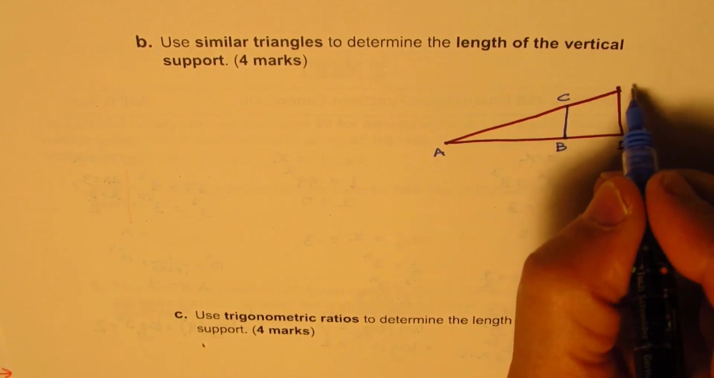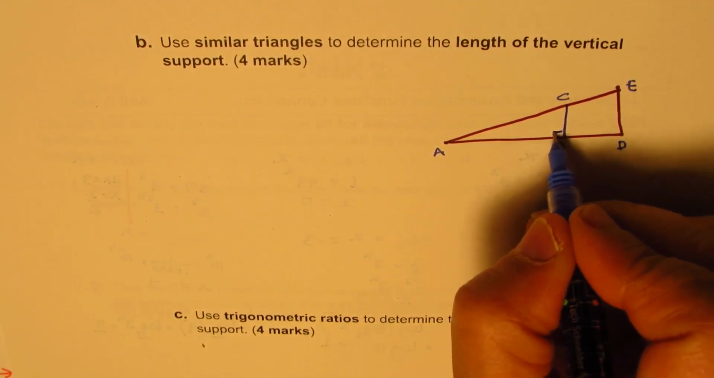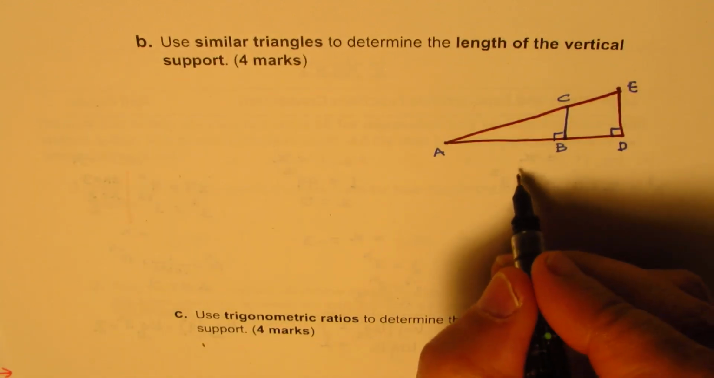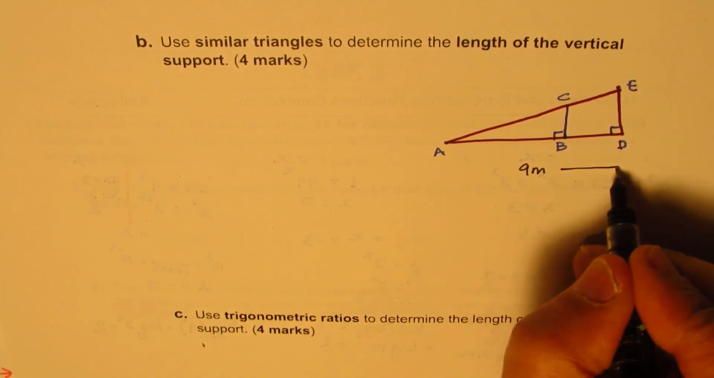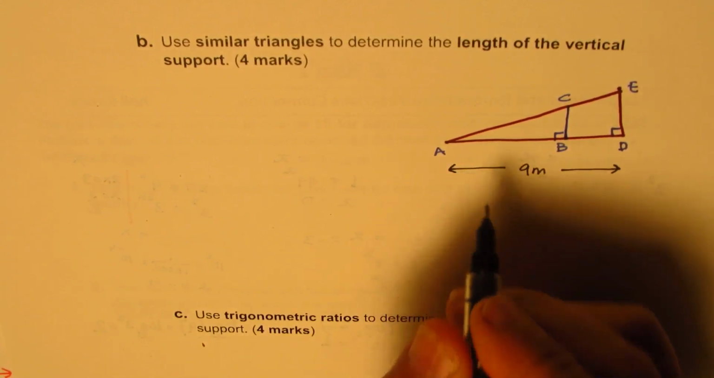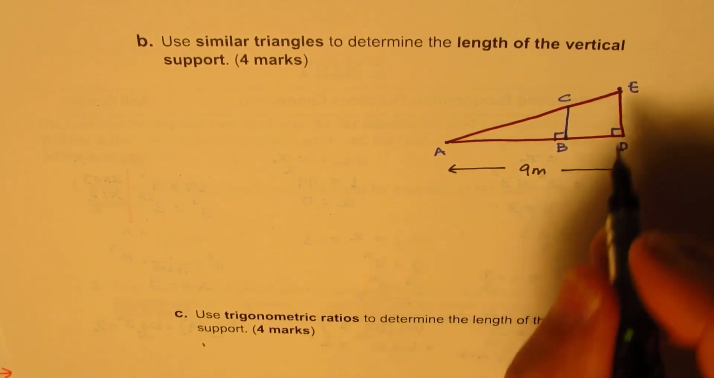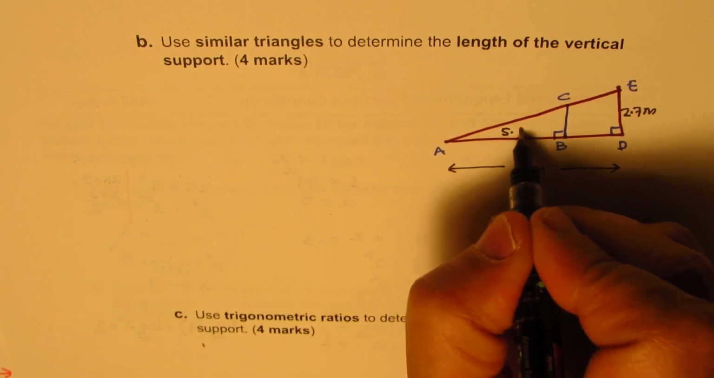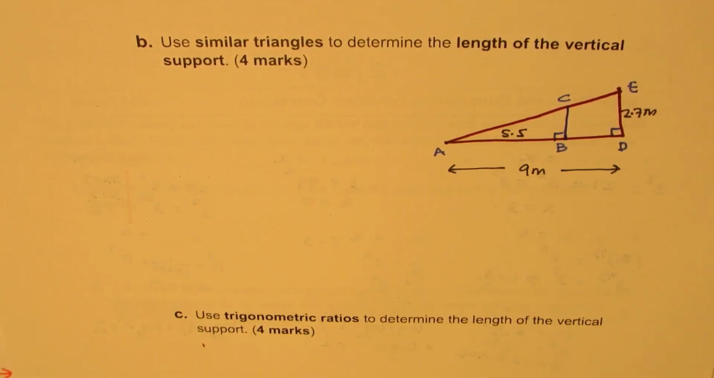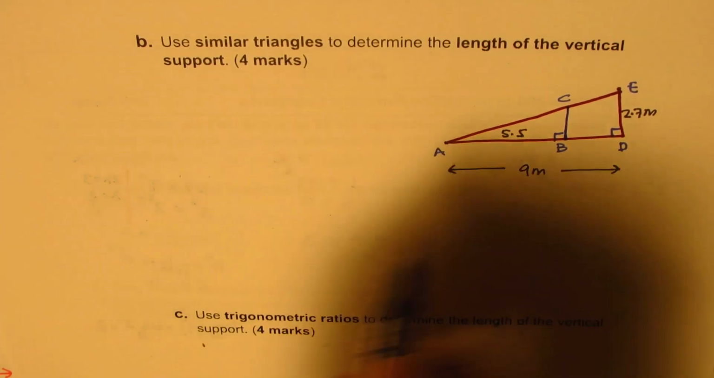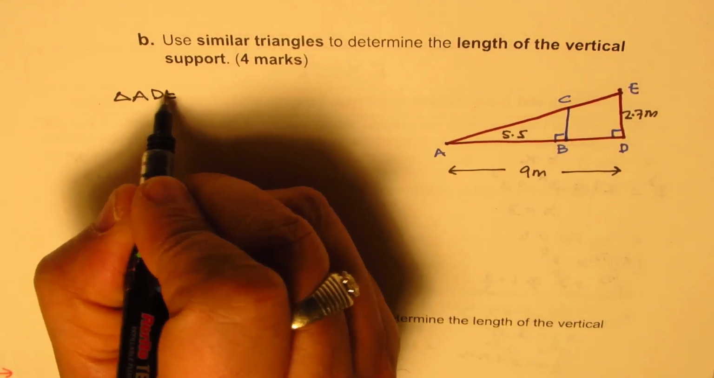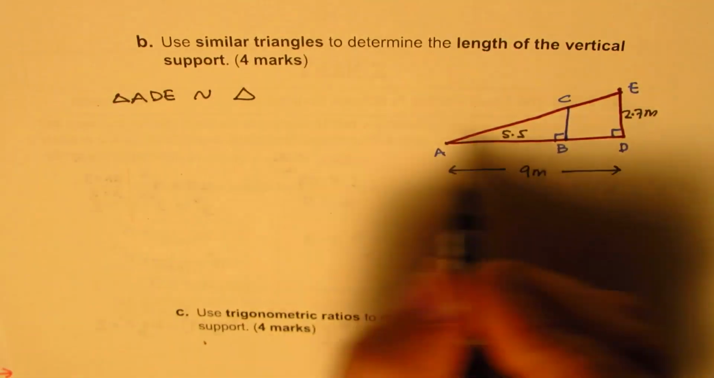Okay, so I've named it differently now. However, we'll maintain the dimensions as given in the question. 9 meters was given to us, correct? And this height was 2.7 meters. And this is 5.5 from A. Use similar triangles to determine the length of the vertical. So we have two right triangles. We know triangle ADE in this case is similar to triangle ABC